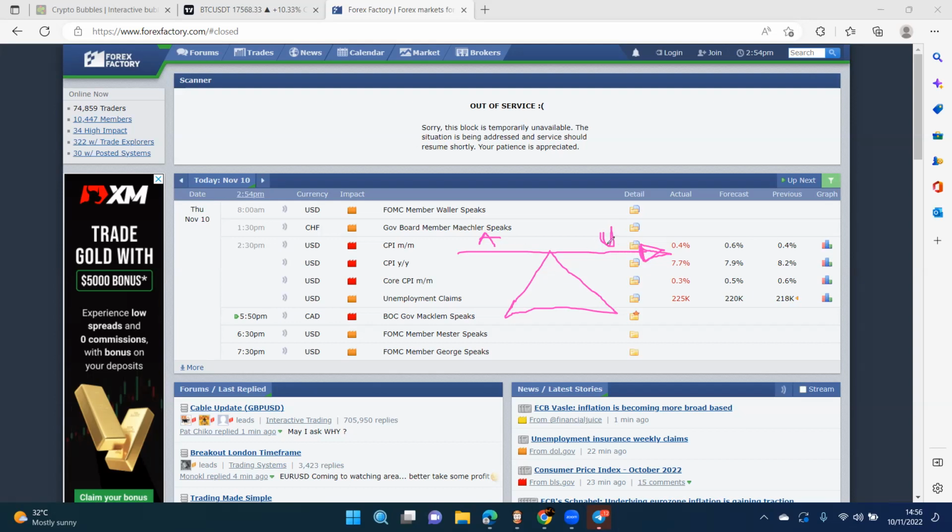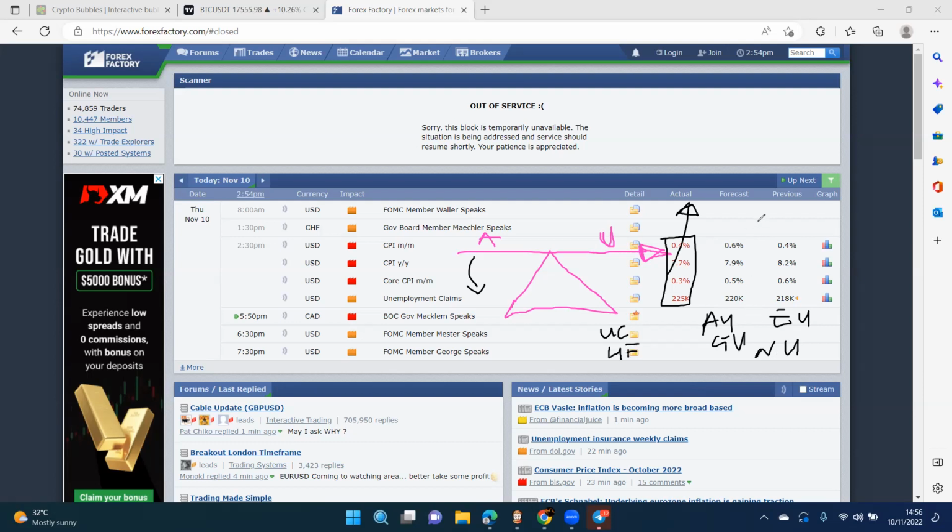If USD is weaker than AUD, what happens? AUD stronger than USD, AUD will come down. And once AUD comes down, this arrow will point upwards. So when these numbers are red, meaning that USD is weak, you expect to buy things like AU, GU, NU, EU, and you expect to sell things like UC, UF, right?